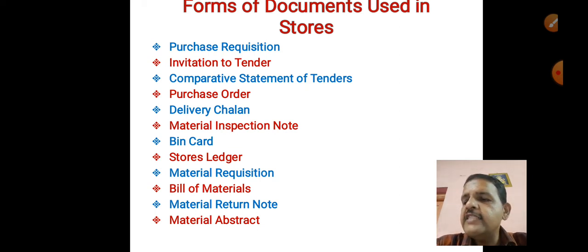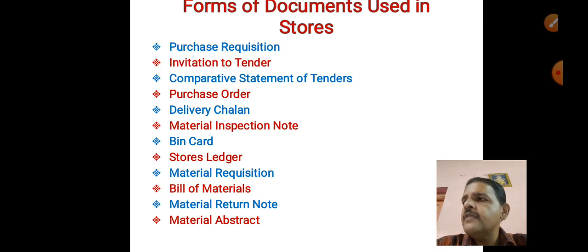In a computerized setup, the moment supplies are received from the vendor, the information is fed to the computer and the updated information on status of order is available to the concerned departments. Now what is there in delivery challan? Order number, date, to whom goods are delivered. Then there is description, quantity, remarks, and yours faithfully, means there is sign of supplier.